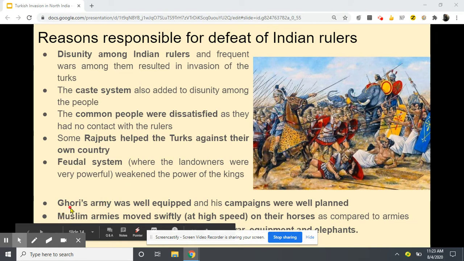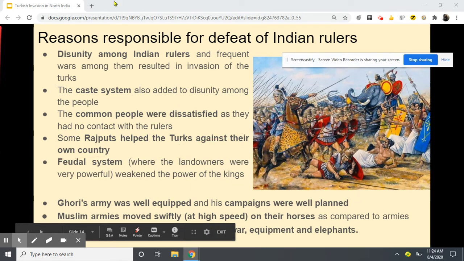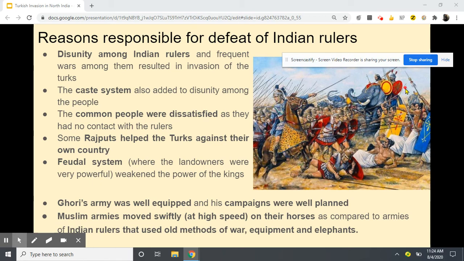Next reason was the army of Ghori, the Muslim rulers. Ghori's army was well equipped. They had the latest equipment, the latest weapons, and their campaigns, their war policies were very well planned. Muslim armies were moving on horses, whereas Indian armies were using elephants. As you can see in the picture here, Indian armies were still using elephants,